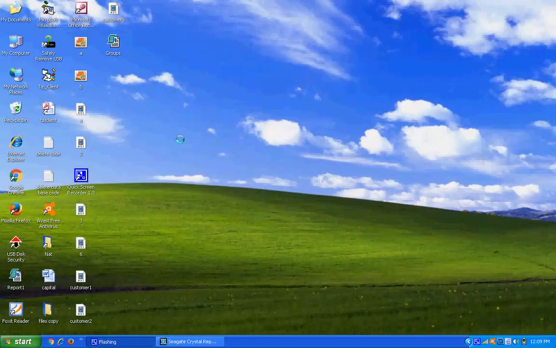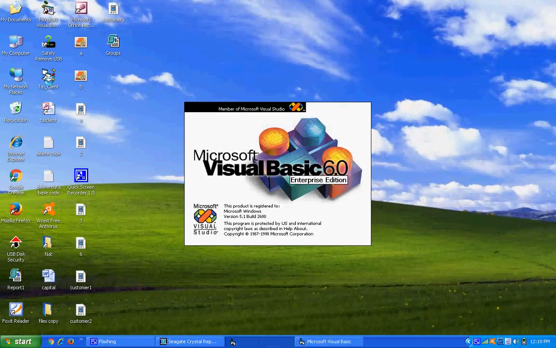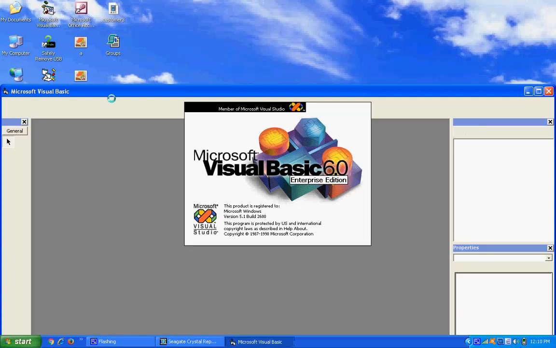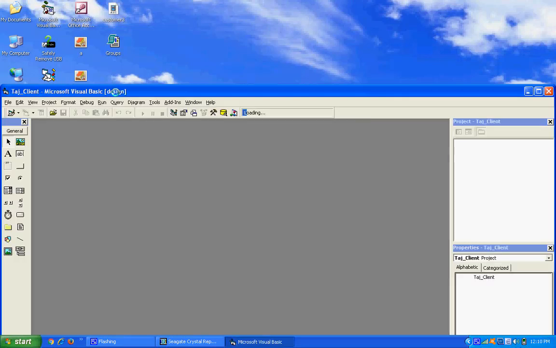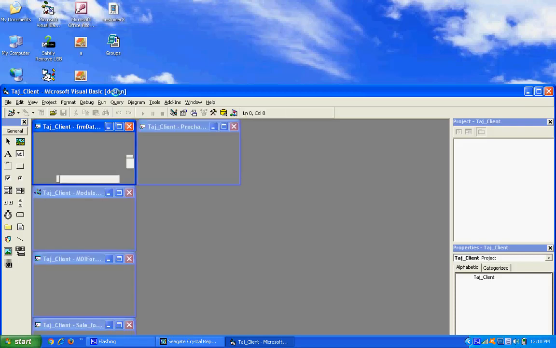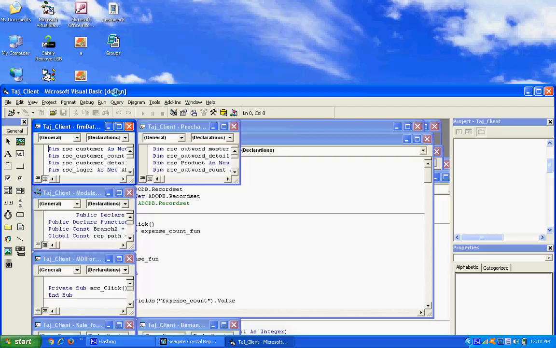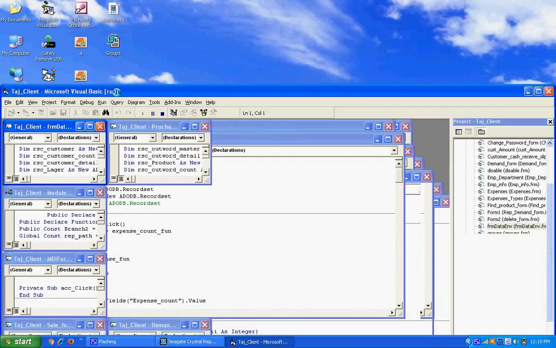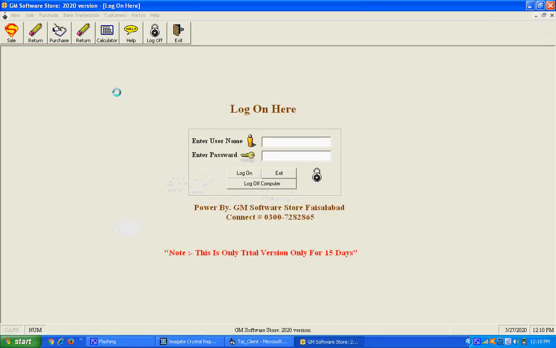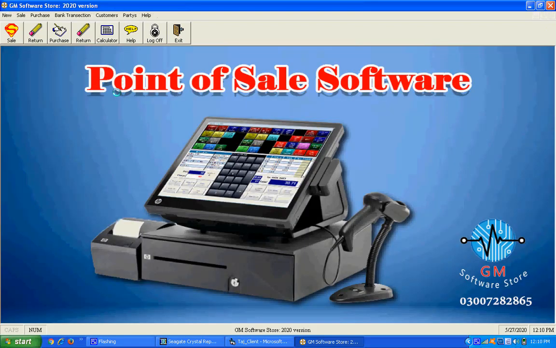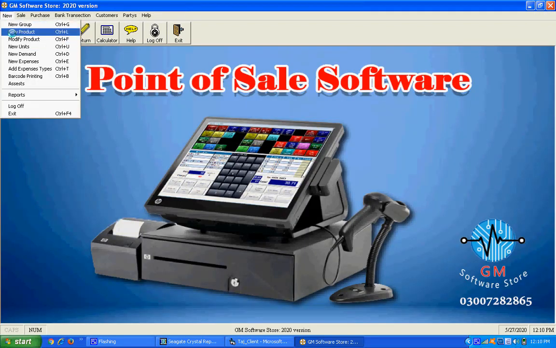First of all, we run our software and add, for example, a group. Our software runs successfully. Here I enter the username and password and press the new group.